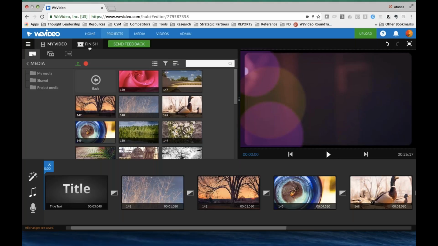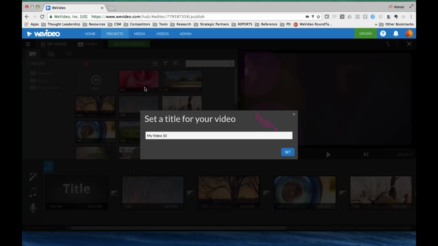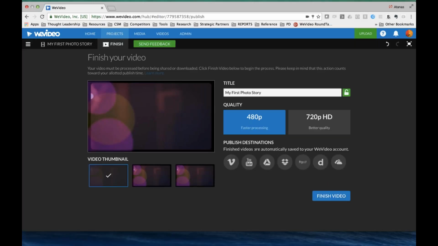And the same thing is true for exporting videos. If I'm ready to publish that photo story, I can click on Finish. And then from here, I have potentially a different set of export destinations that I can access. So if I'm a student, typically I can sync this video and bring it to my Google Drive.